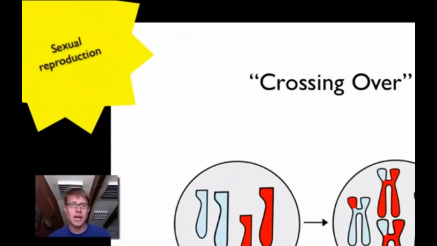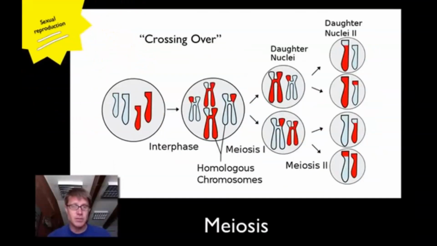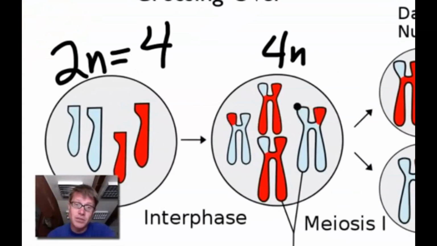In meiosis, what happens is a little more detailed. Remember, meiosis only deals with making sex cells, or reproduction. To show you meiosis, I had to increase the number of chromosomes, so here 2N equals 4. In other words, we have 2 chromosomes from mom, 2 chromosomes from dad. They'll copy themselves, so now we have a 4N cell at this point. But since we're doing meiosis, this is where crossing over occurs. Parts of this chromosome will swap places with this chromosome and vice versa. What that gives us is variability in all of the sperm and the egg.